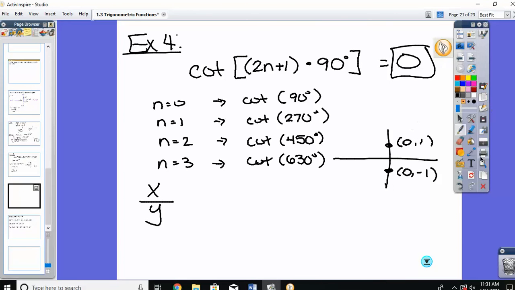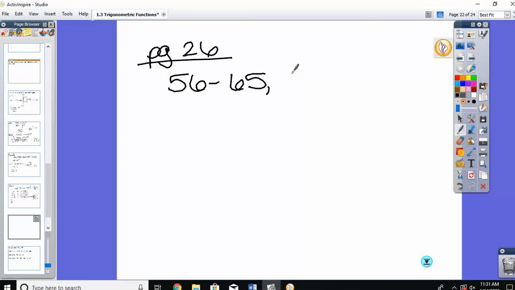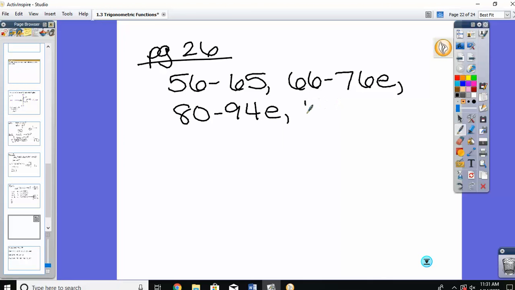So, we are ready. You can add this to yesterday's. We will turn it all in tomorrow. So on page 26, we're going to pick up with 56 through 60. I think the first one is